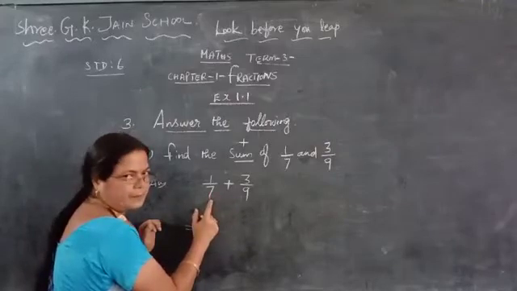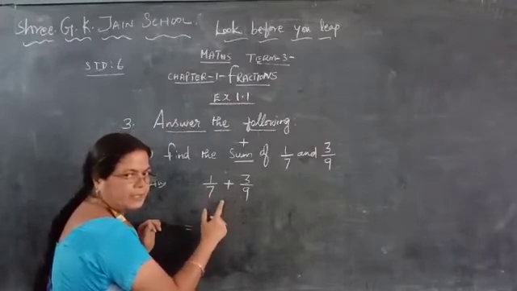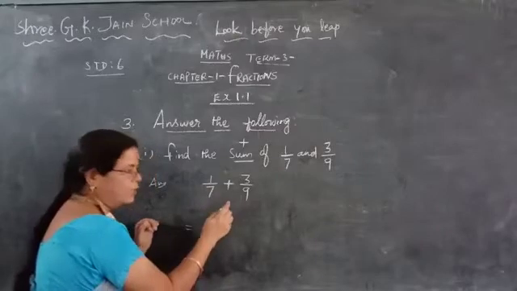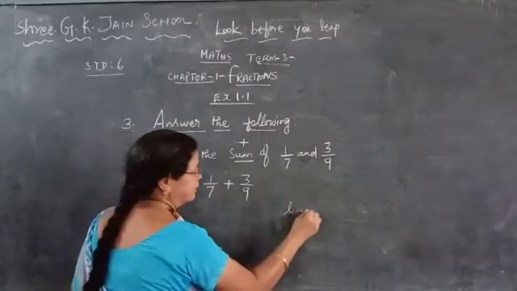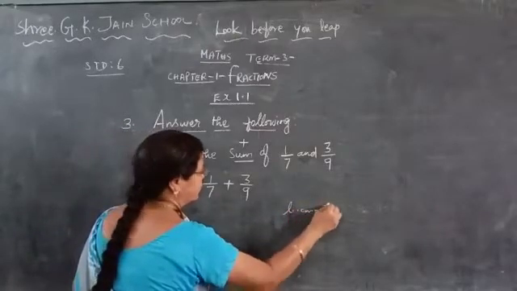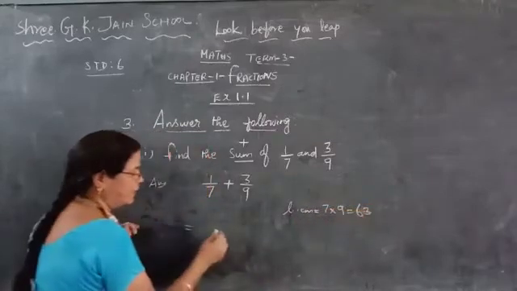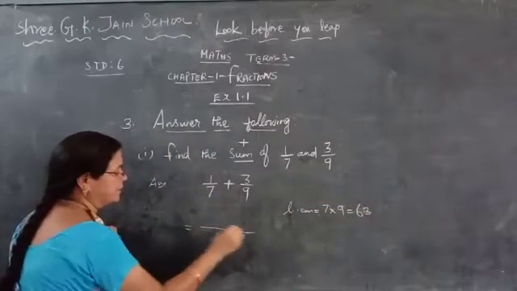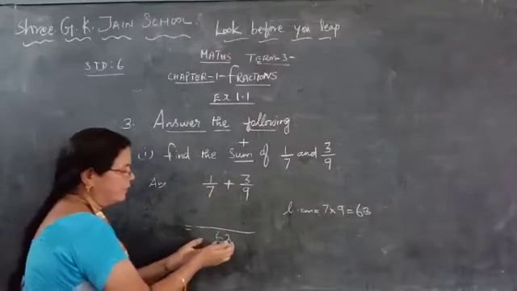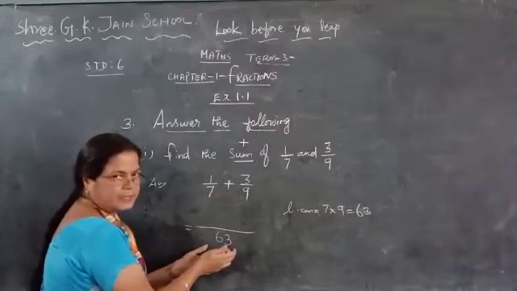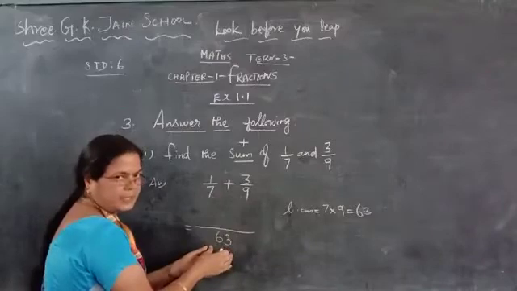And here look at this number. This number is a prime number, so we can directly multiply this also, isn't it? So your LCM is nothing but you can directly multiply this one. 7 9s are 63. Okay. Now we are bringing down this denominator as the same for both the numbers, isn't it?